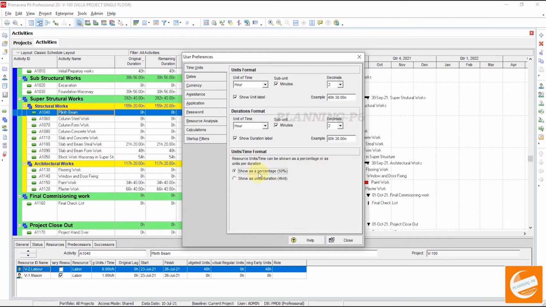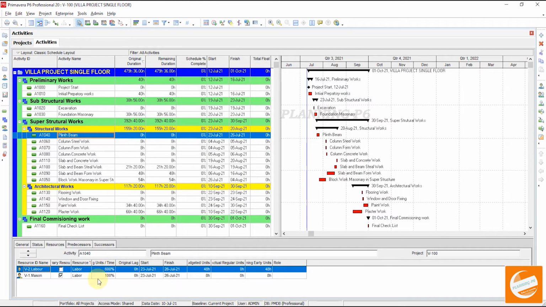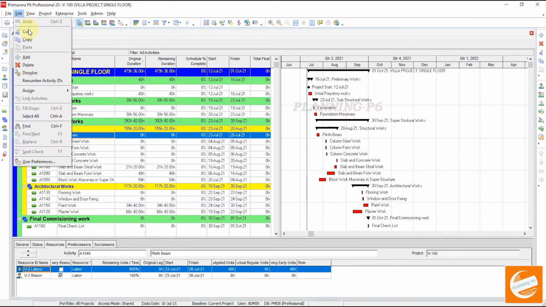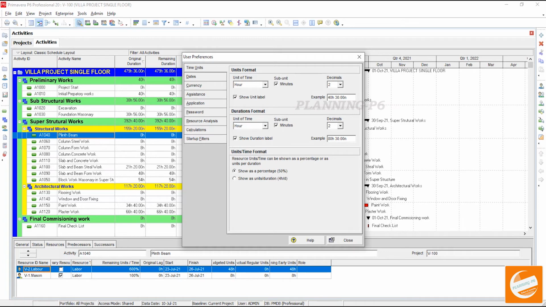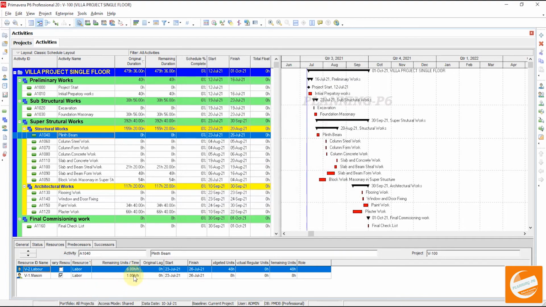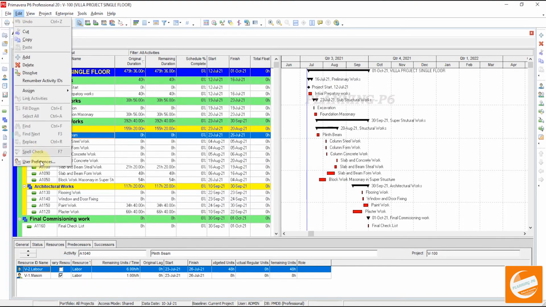Show percentage. If you check this and close the window, now you can see here the percentages in the units time. But mostly we are using hours, and I also prefer the hours format. Okay, close it. It will be the same as before.